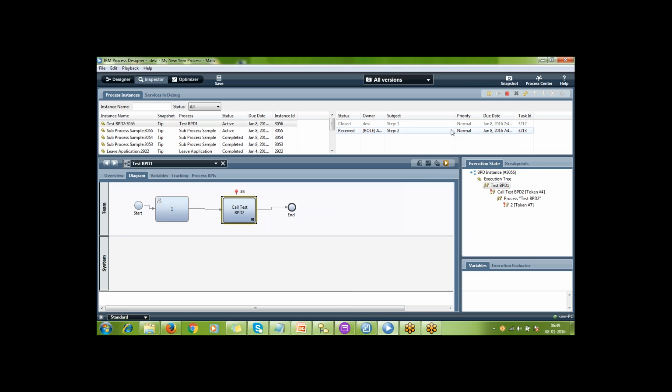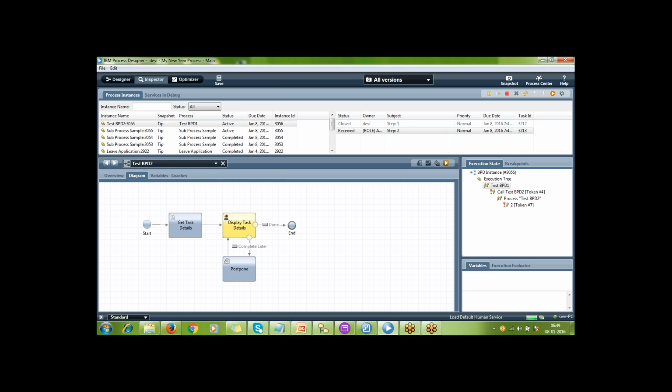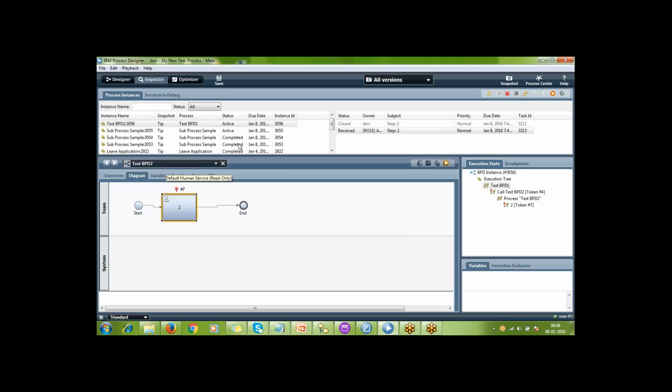When I click on refresh, it came to activity number 2. Where is activity number 2? It is in test BPD2. BPD1 is already completed and now you are in BPD2.